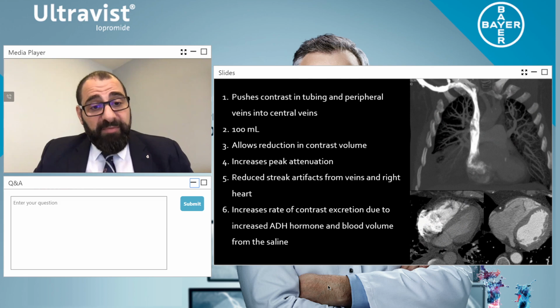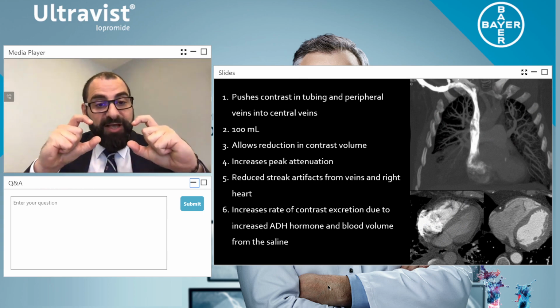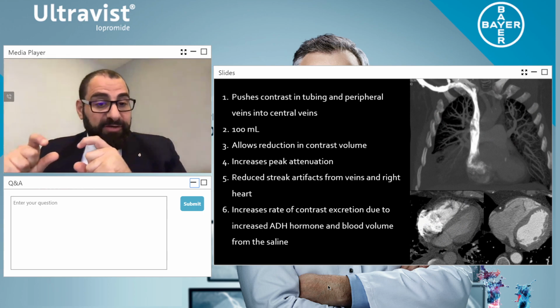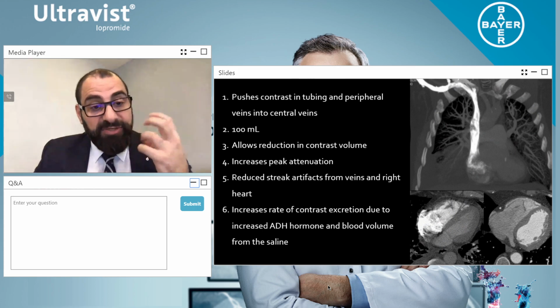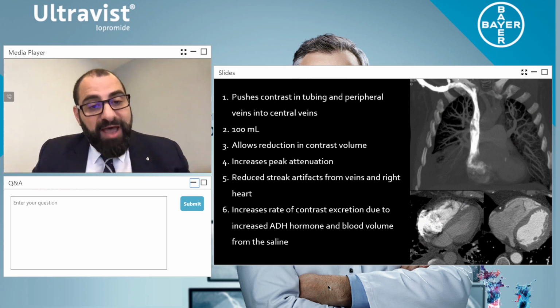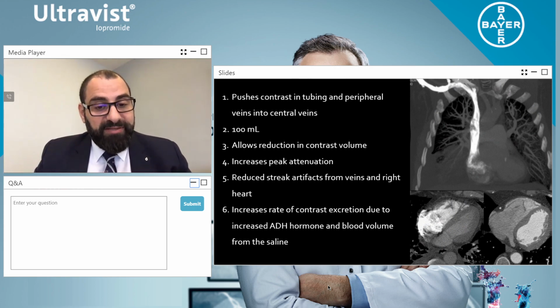If you're looking at a dimer, which is apparently meant to be the safest contrast in the market, which there is no actual documented evidence in literature, that's moving at like 14 to 16. So it's a lot slower, because the dimer is a double molecule, and so it moves a lot slower compared to the single molecule, which is the monomer. That allows the contrast to move a lot better. So that was a fantastic question.